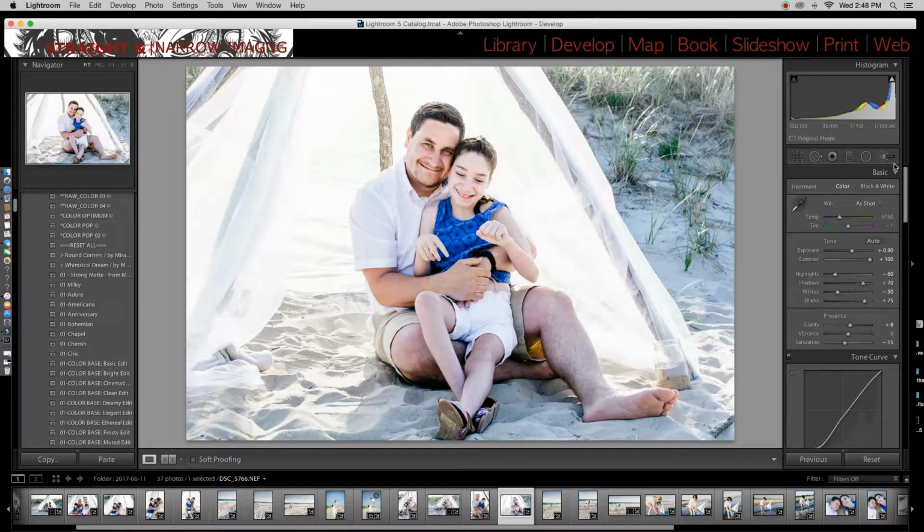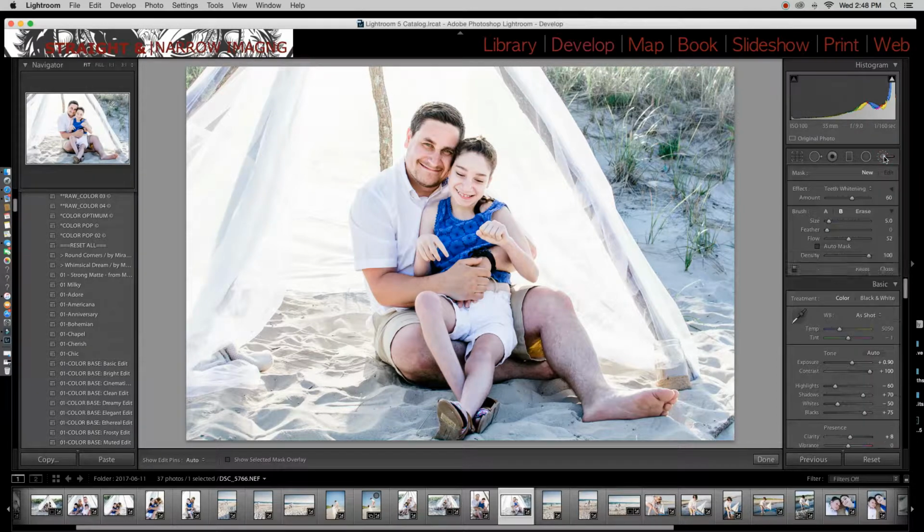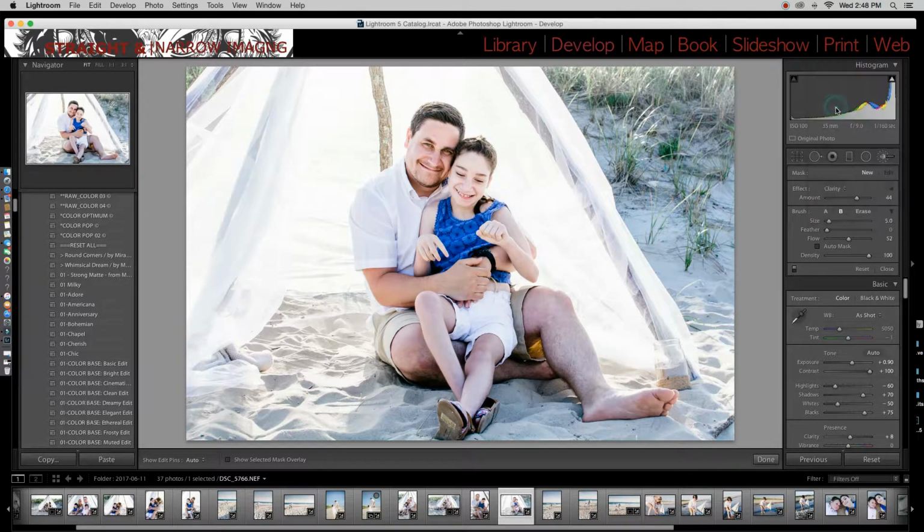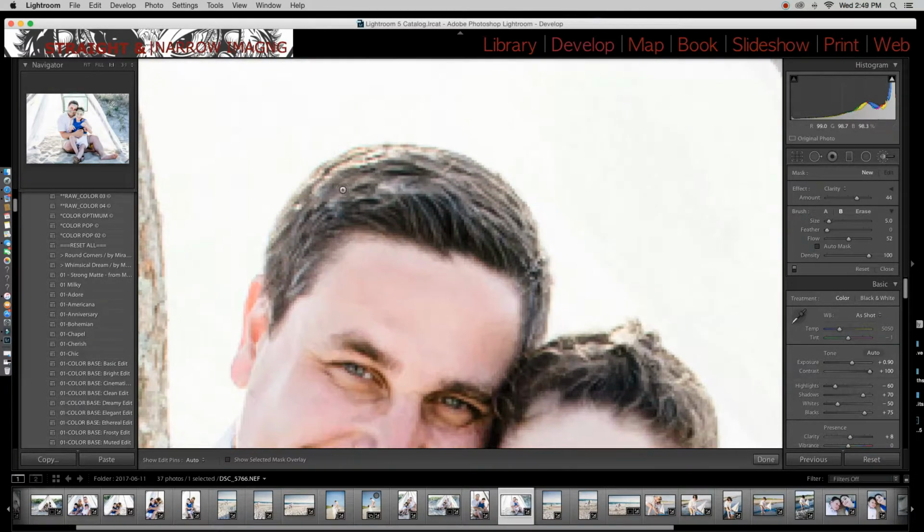Now I'm going to do some fine tuning. I'm going to go in here now to the adjustment brush, and I'm going to start with clarity. Yes, I even go into doing even more detail in the clarity. Go in your navigation window to magnify exactly where you want to start in your image for your brush to go over. And I'm just going to go over this with the clarity,